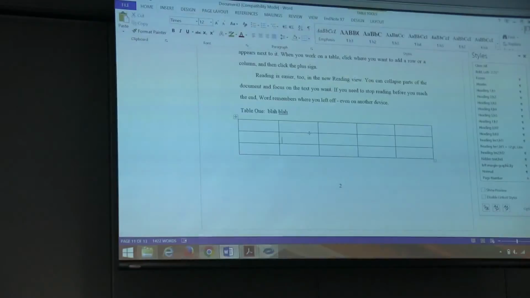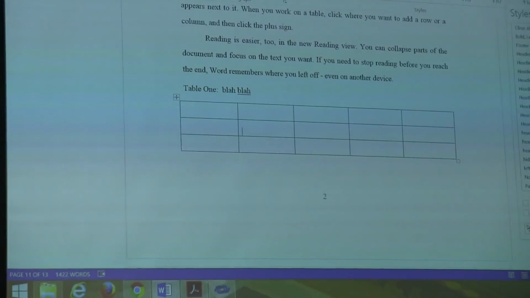We'll do a little table stuff right here. So yes, tables can be problematic sometimes. What we will want is a table to fit entirely on one page, if it will. So like if this was a longer table, let's insert a few rows.